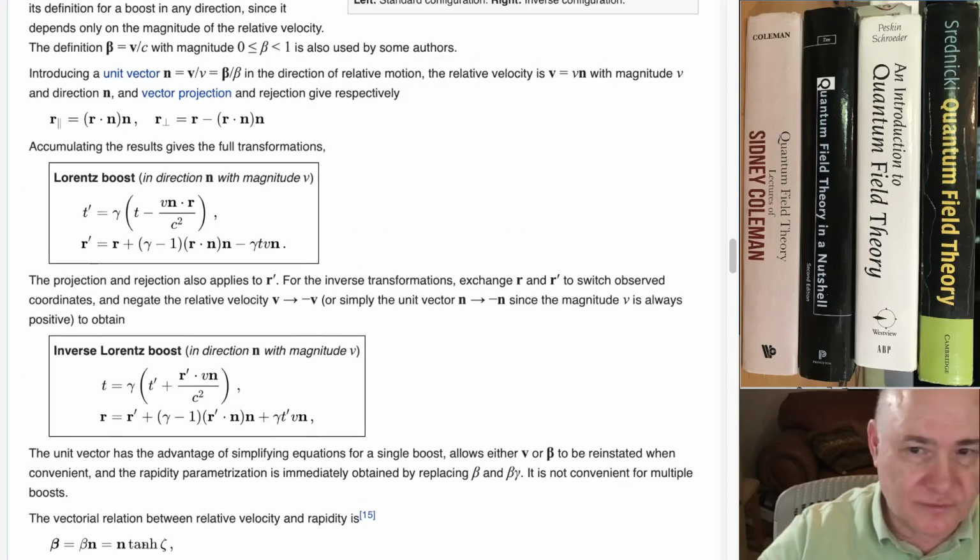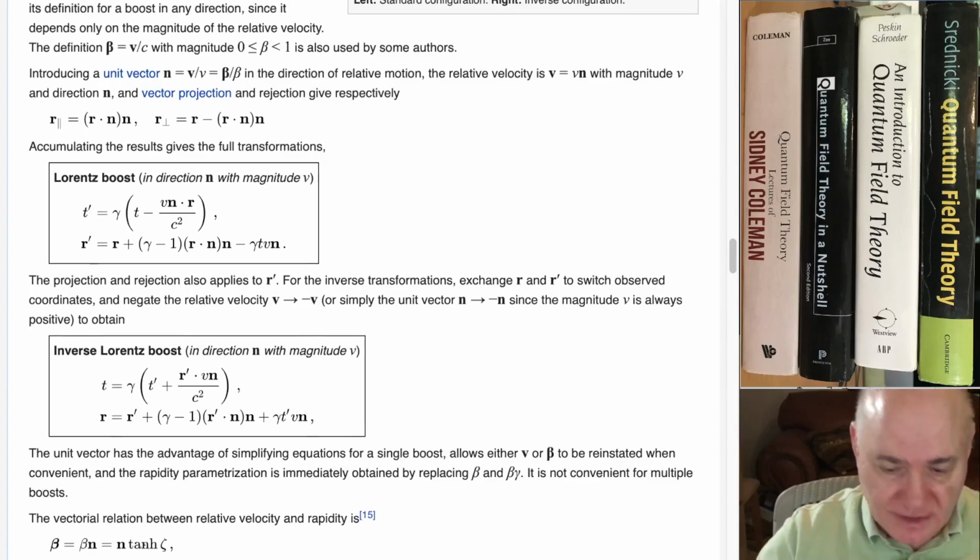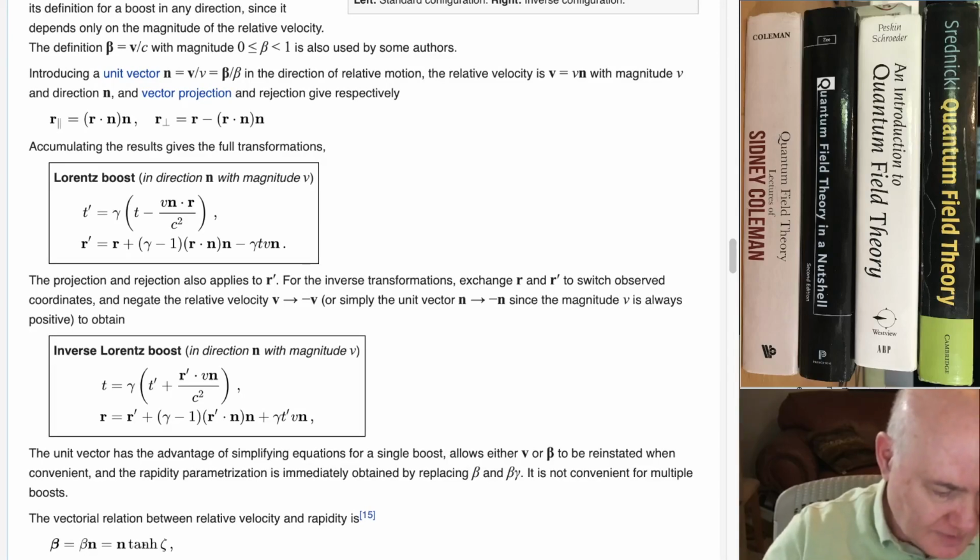Let's look at this one over here on Lorentz boost. This is a very simple formula. So using active instead of passive, we can write a general Lorentz transformation as